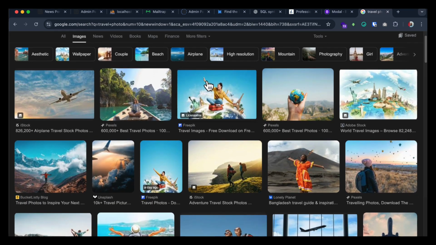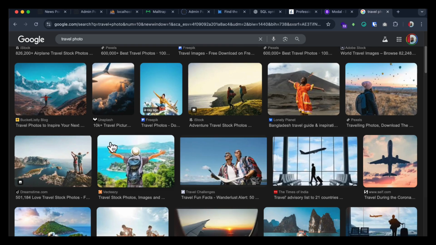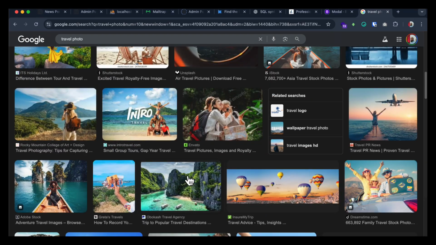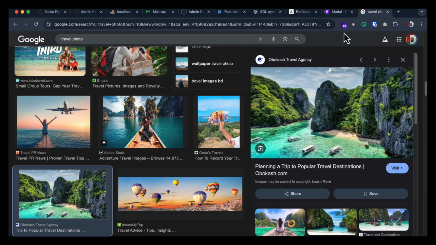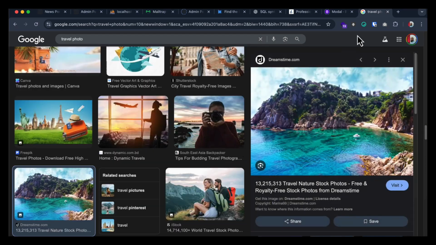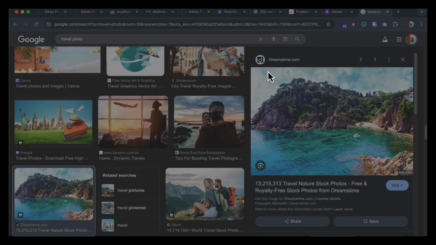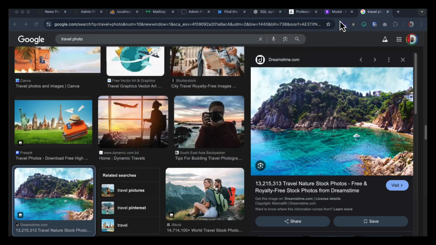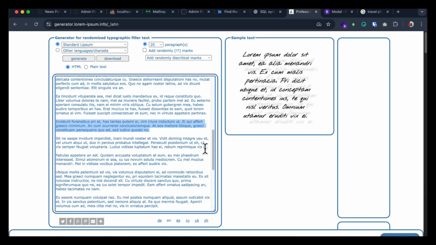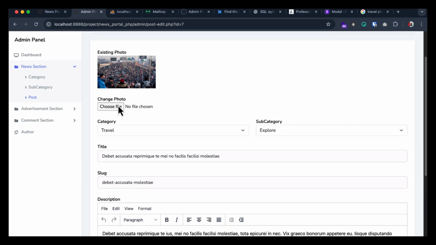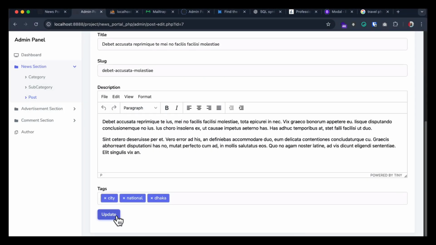So the travel has a lot of photos, so I am going to add this. So here are photos, many kinds of photos are there for the travel. So I am going to make a clear photo. So this is a clear photo. So I am going to copy the data from here, save it, save the photo, and now from here I am going to select this, and okay, I am just changing the photo here, travel,